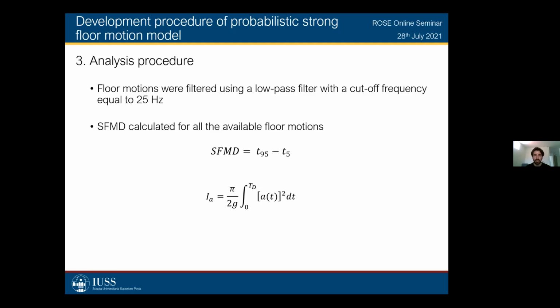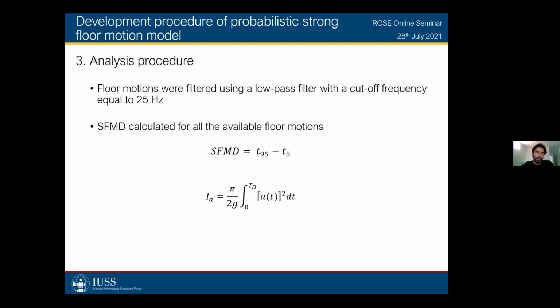So basically all the floor motions were filtered using a low pass filter with a cutoff frequency equal to 25 Hertz. And this frequency was selected basically because, since the floor motions are basically filtered by the structure, the frequency ranges that we want to keep are the ones that are close to the actual fundamental frequencies of the supporting system, because they will damp a lot when you're far away from the main frequencies of the structure. So this 25 Hertz was basically selected in order to be sure that we're not getting rid of the good stuff. Let's say we're getting rid just of the unwanted noise.